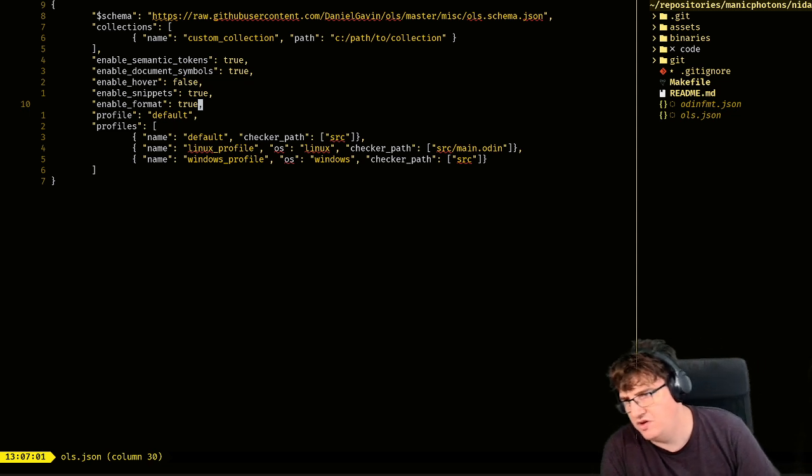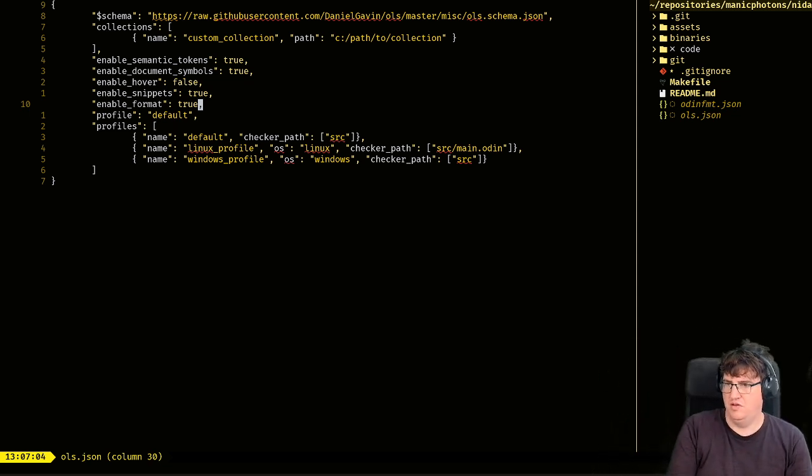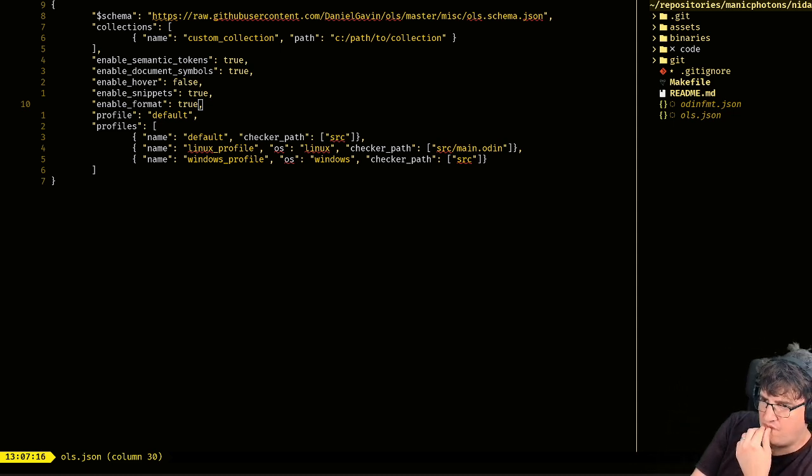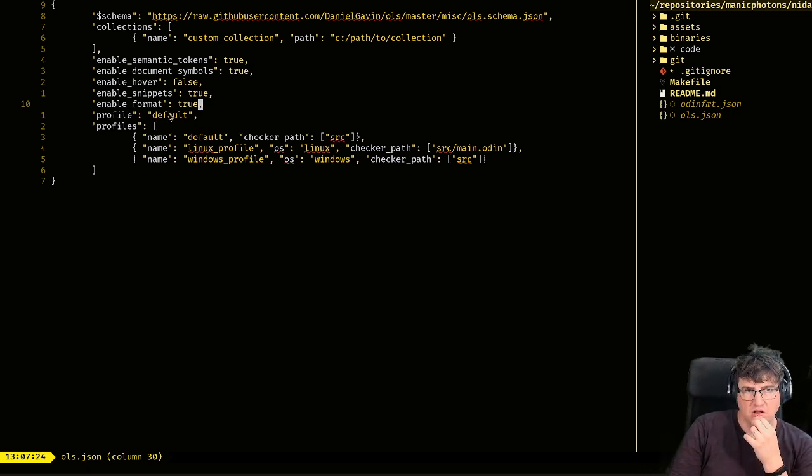Checker only saved. Only comment. Enable references. Rename. Odin command. No. Checker args, pass custom arguments. Log warnings instead of just errors. Profile is the default. Okay, this all makes a lot of sense. So the checker path,